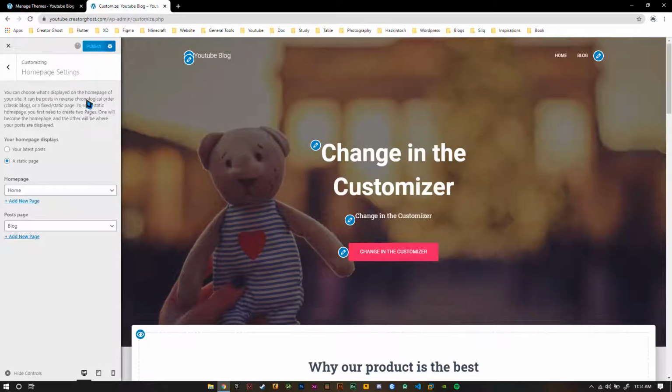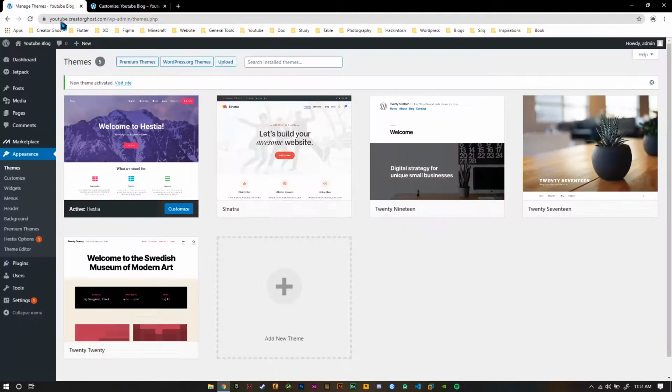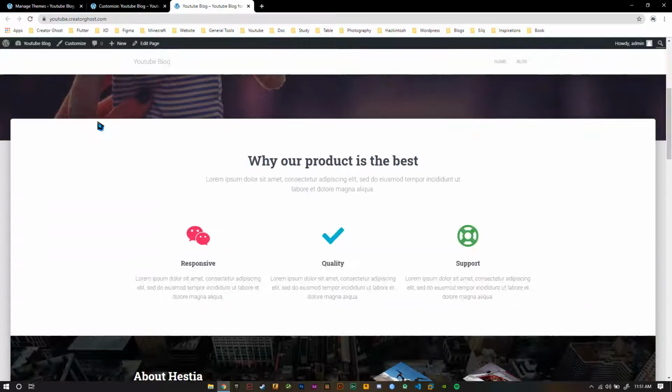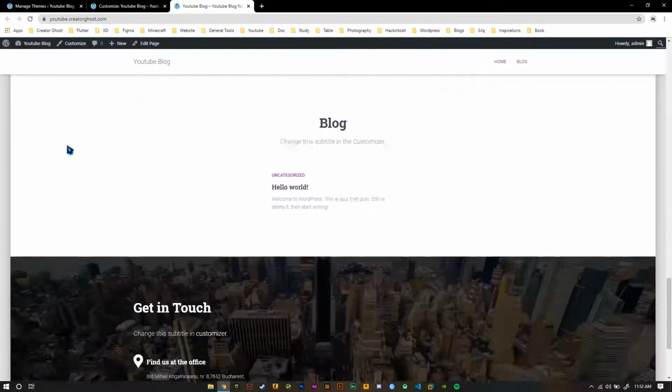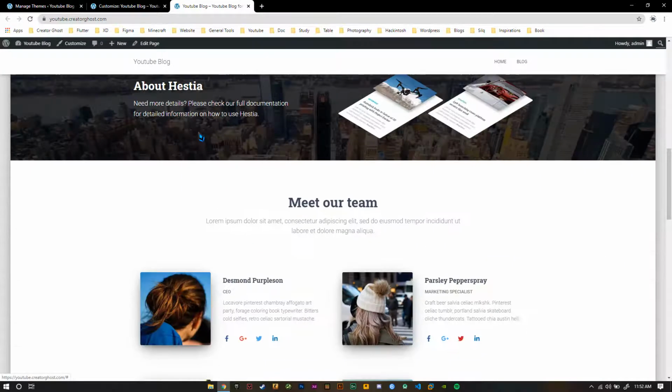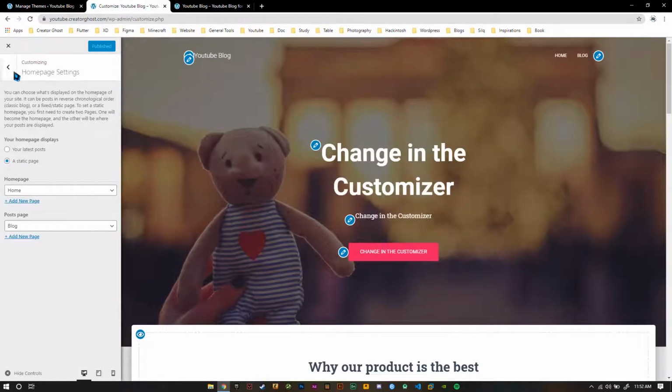I'll just publish it and have a quick look. So let me go ahead and visit the site. Okay, so this already looks better than what we had in the previous one. Now it's time to customize all of these. It literally says "change in customizer" everywhere. Okay, so now let's go back